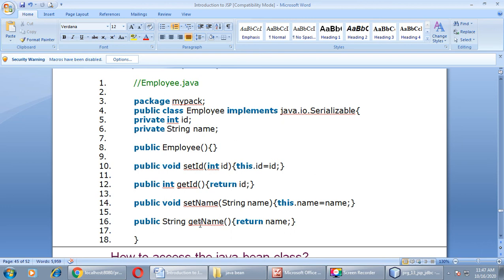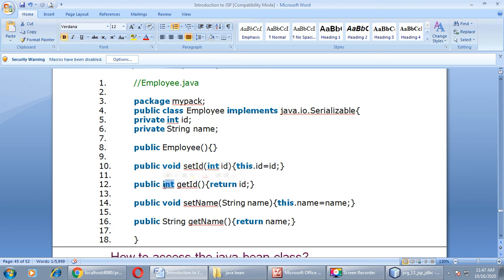The return type of this method must be the data type of the attribute, because it will return the value of the attribute. As you can see, name is declared as String, so the return data type of this method is also String. Notice for id also, the id property is declared as integer, so the getId method will return an integer value.